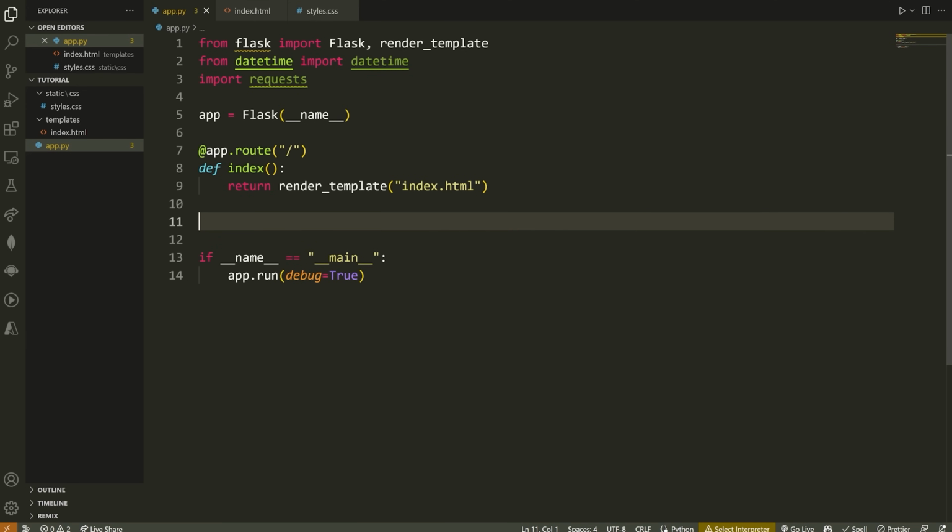A GET endpoint is simply something that you can retrieve. You can't send any data to it. You simply get some data from it. In this case, we want to get these SpaceX launches.